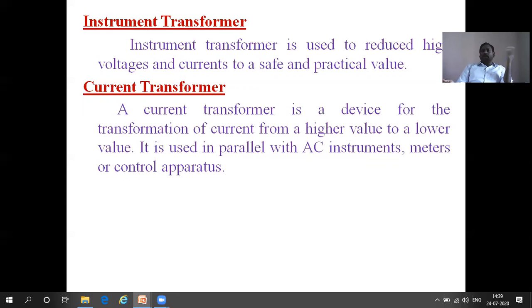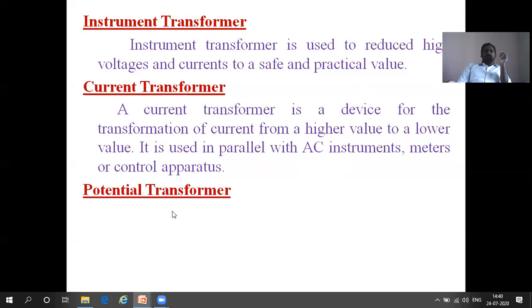Because of the primary having high current, the secondary reduces the currents, but the transformer never reduces the currents. Due to the voltage transformation action, the currents are varying. Based upon that, you can reduce the magnitude of currents. So which one shows the decreased voltage and decreased currents in the potential transformer and current transformers? Parallelly, we can use AC instruments like voltmeter and ammeter.